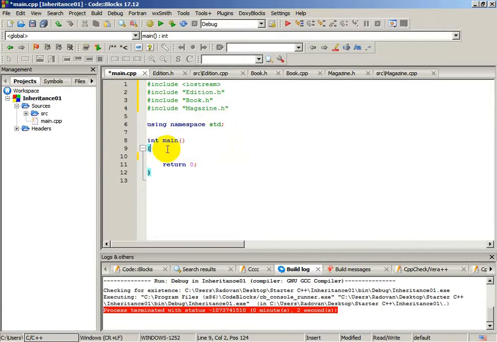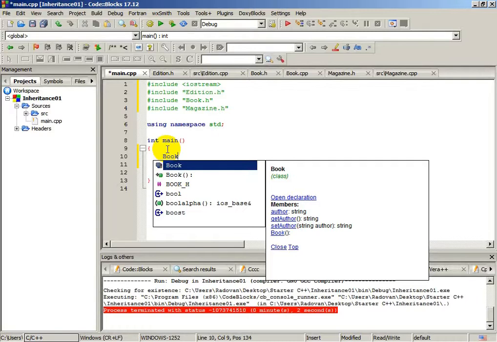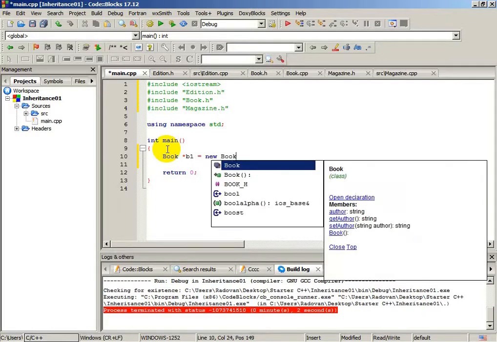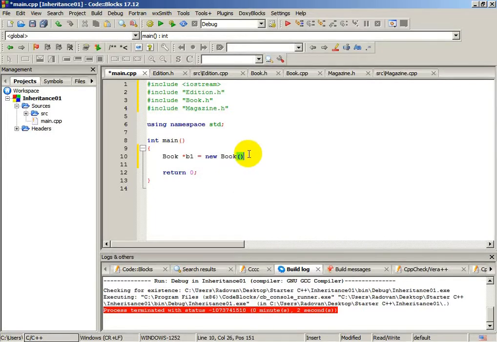Let's start. Let's create book. The name of the book will be B1, but we will use a pointer. We will allocate this book in the memory. It will be equal to new. We are creating a new book. Okay, our constructor is empty. And now what we need to do, we will use